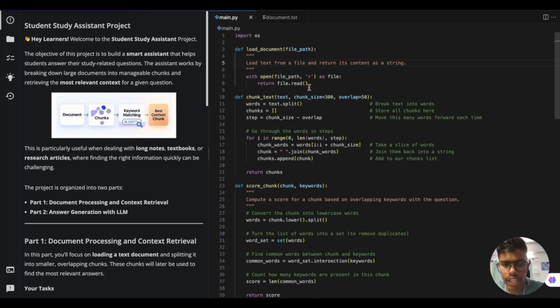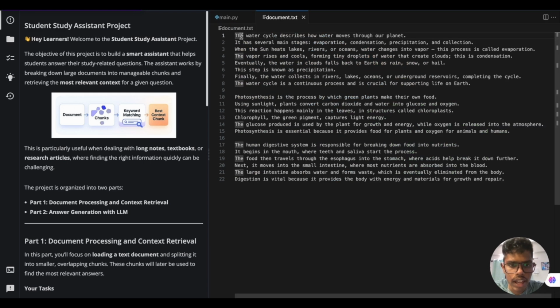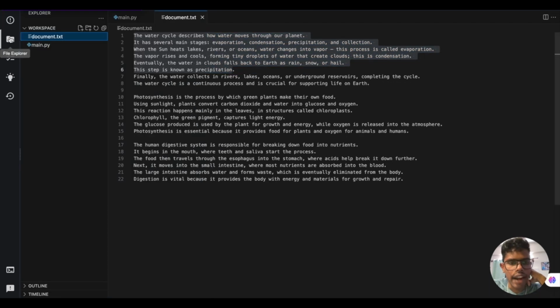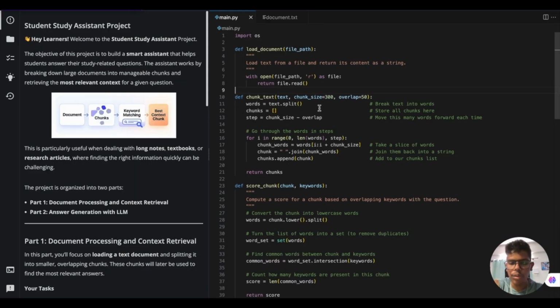So you can see here we have something called chunk size. The chunk size is 300. We have different chunks. Let's say these are the first 300 words, so this is one chunk. Now one more is the next chunk. Similarly we have multiple chunks. Let's say we have 5 chunks, and then whatever the question is there,